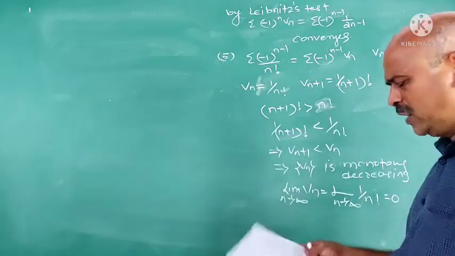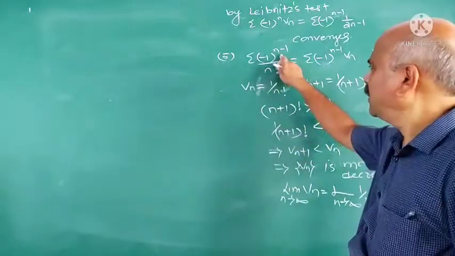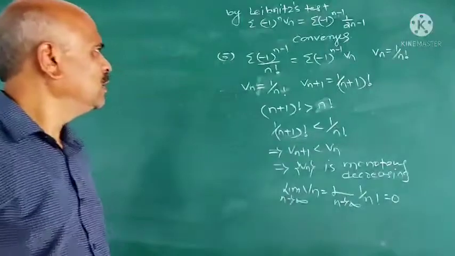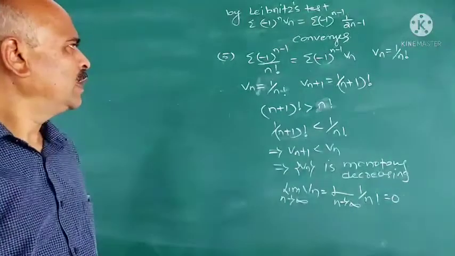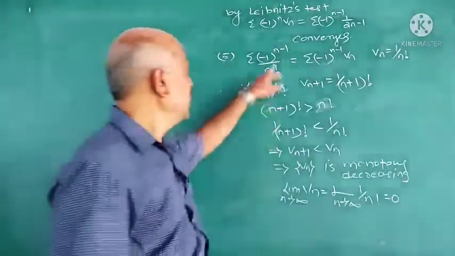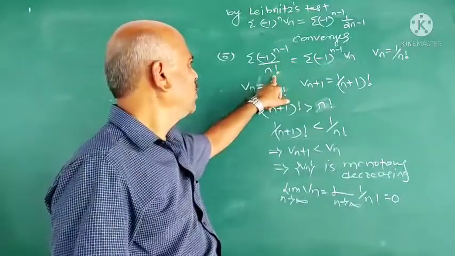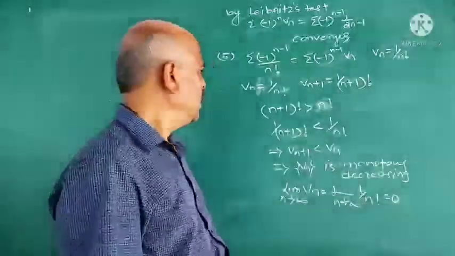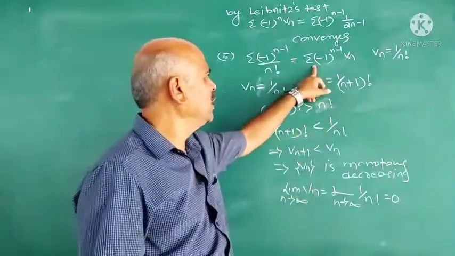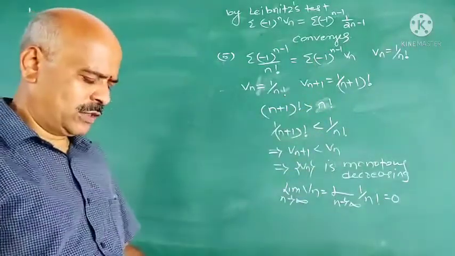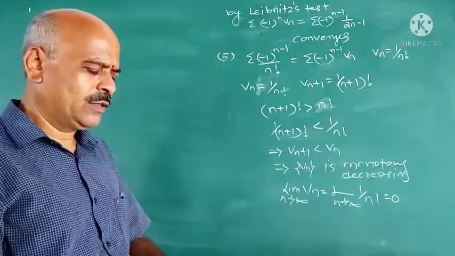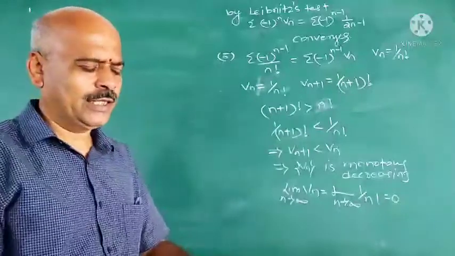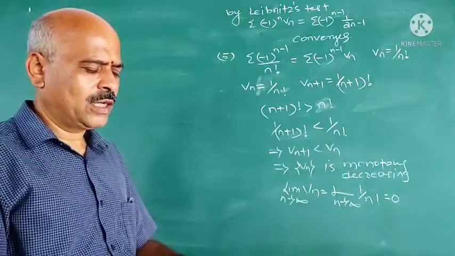Of course 0 factorial is 1, so we can take n minus 1. You know that 0 factorial is, if n is 1, it is 1 factorial. N is 2, 1 upon 2 factorial. Minus 1 upon 2 factorial. Alternating it is. So, the given series converges. Why converges? Because what is the Leibniz test? Both the conditions of Leibniz test are satisfied. So, this converges.